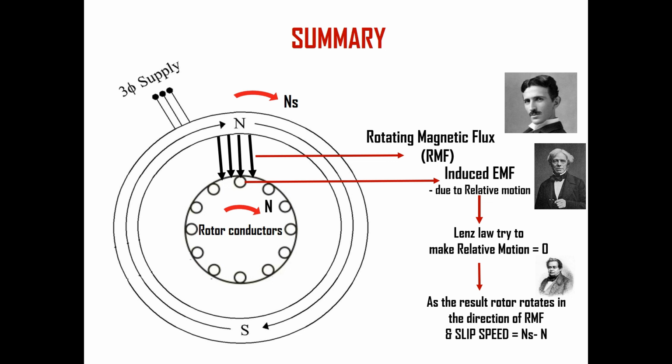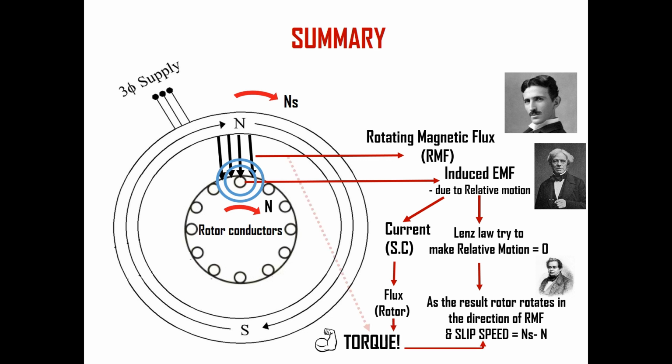To rotate the rotor, the motor needs the twisting force called torque. Usually it is created by interaction of two fluxes. Actually, the induced EMF in the rotor creates a current in the rotor conductors because the rotor conductors are short-circuited in a squirrel cage induction motor. This current will create a flux in the rotor. This flux and rotating magnetic flux interact together and create a torque, by which the rotor will get the force and rotate in the same direction as the rotating magnetic flux.